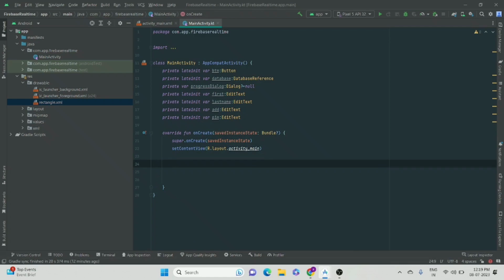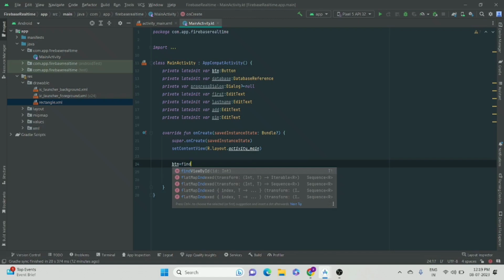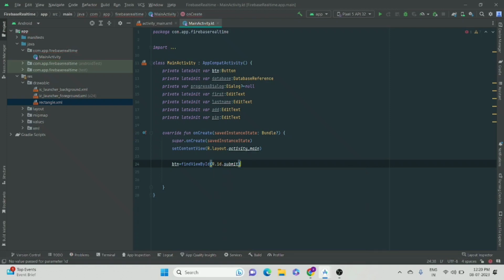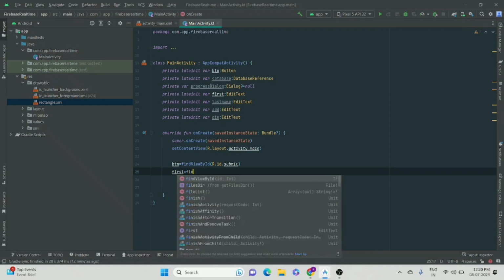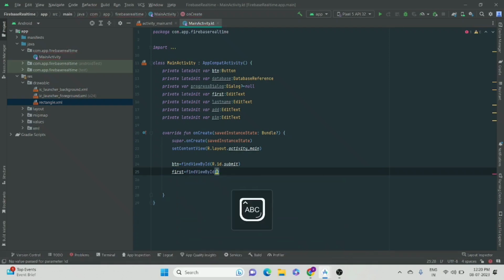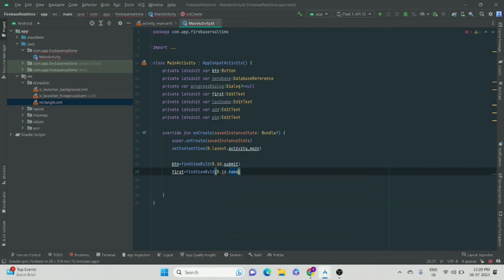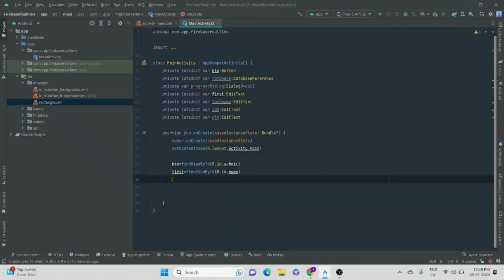So let's find its ID. First one is btn is equal to findViewById, and its ID should be R.id.submit. Where is submit? Yeah, this one. And the next one should be first, and first is equal to findViewById R.id.name, yeah, name. And the second one is last name